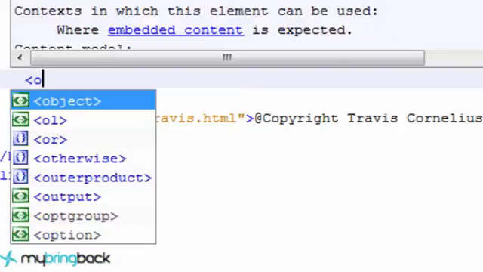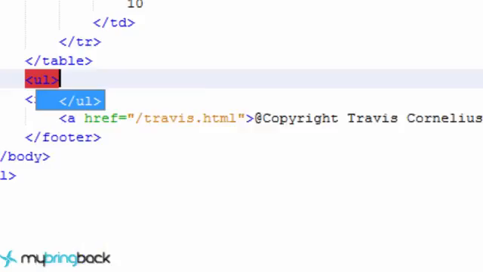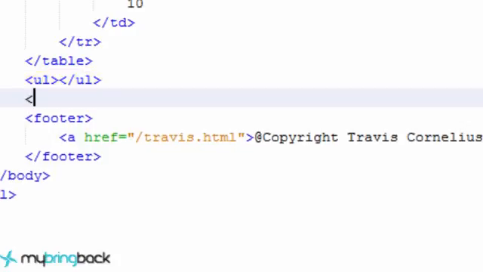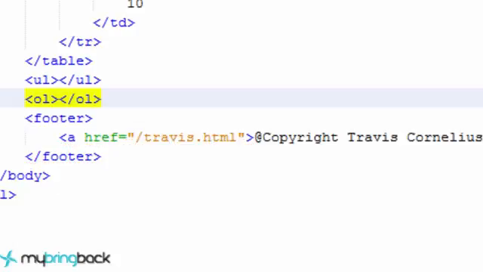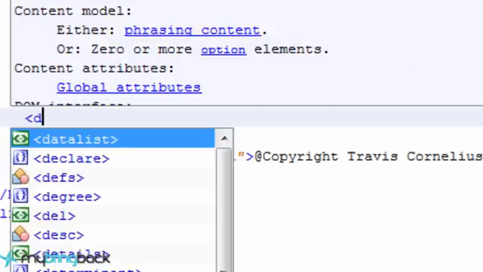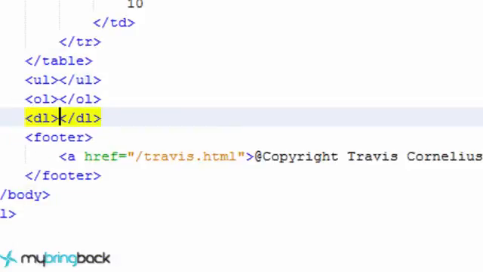There's an unordered list, so that's UL, unordered list. There's also an ordered list. This is when you actually have a priority of the things that you're listing out. And lastly, there's also a descriptive list. I don't generally use descriptive list all that often, but I'll show it in this tutorial just so you know